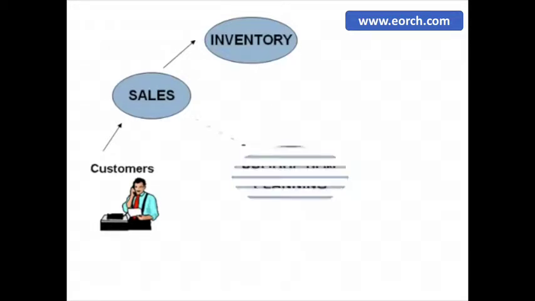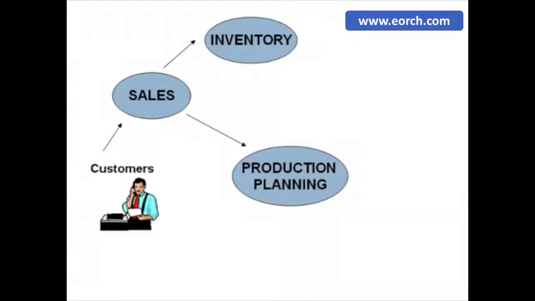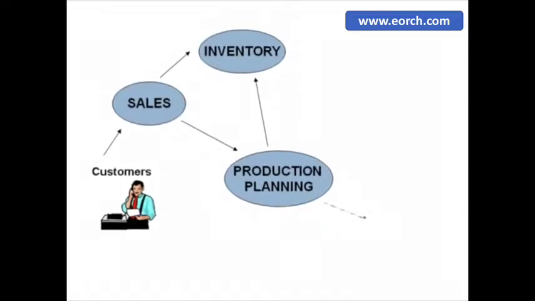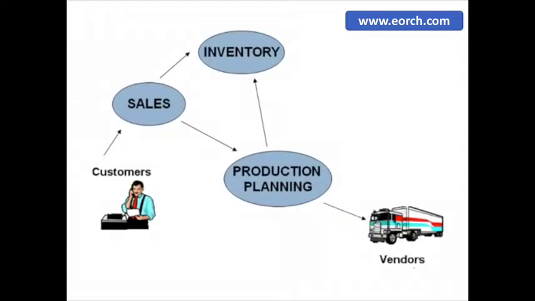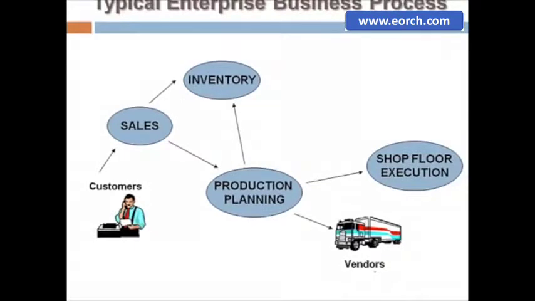The sales team approaches the production planning department to manufacture the product. The production planning team checks with the inventory department for availability of raw material. If raw material is not available within the inventory, the production planning team buys the raw material from the vendors. Then production planning forwards the raw materials to the shop floor execution for actual production. Once ready, the shop floor team forwards the goods to the sales team, who in turn deliver it to the